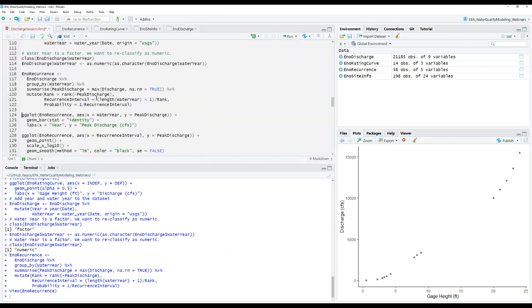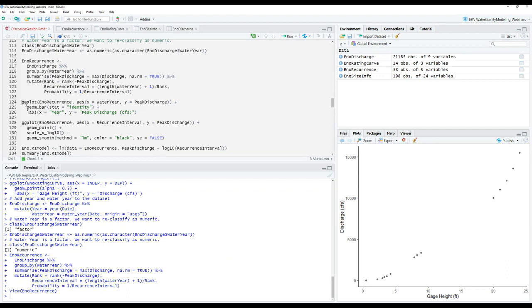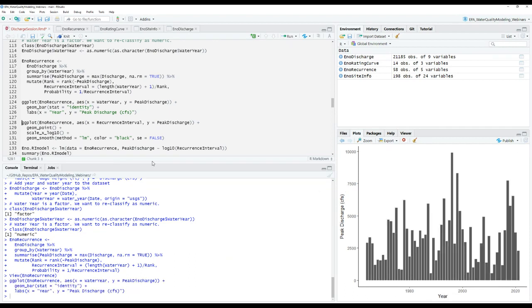So that is handy. Let's just have a look at our water year versus peak discharge. Again, you can just delete this and say year if you had to compute it by year. Just noticing here, we've got all of our years of data and our peak discharge. It's pretty variable across the years. I've done some time series analysis on the Eno River, and it actually turns out that we are seeing higher peak discharges as time goes on. So this system is not necessarily displaying stationary behavior, which could be a topic for another webinar, I'm sure. So that's just a look at the time series in general if you wanted to plot peak discharge.